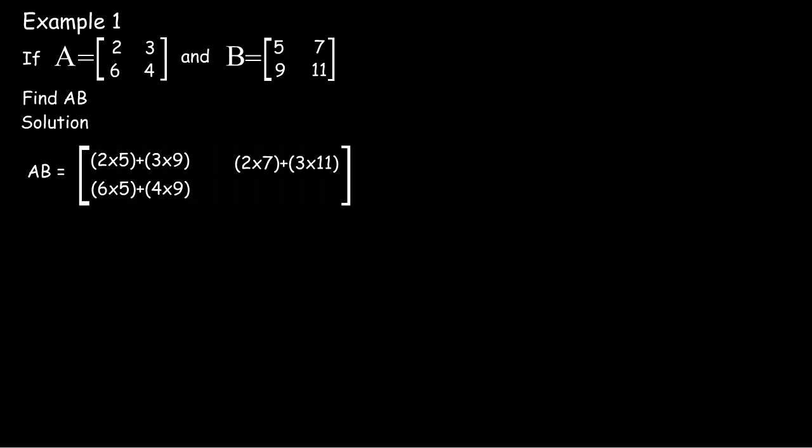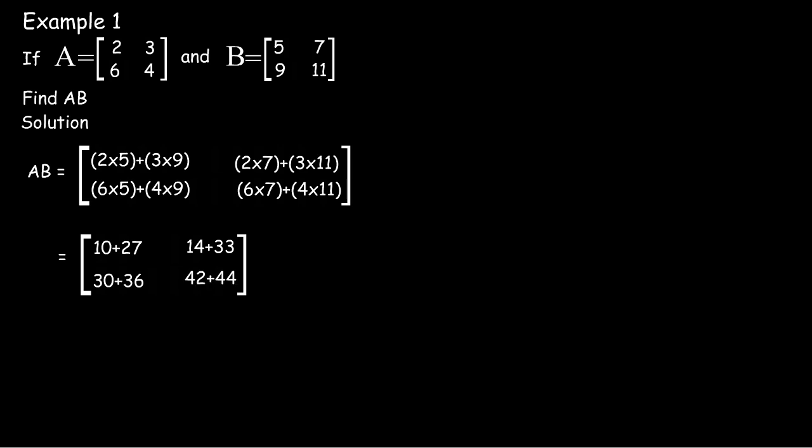And multiplying our second row by our second column, rather, it will be 6 times 7 plus in brackets 4 times 11. And simplifying our brackets, it will be equal to 10 plus 27, 14 plus 33, 30 plus 36, and 42 plus 44. And adding them together, our answer of AB will be equal to